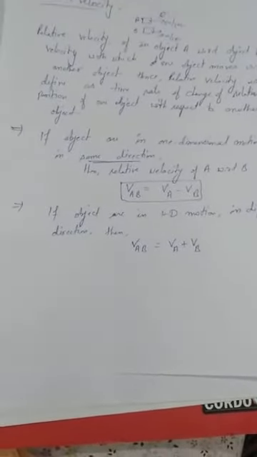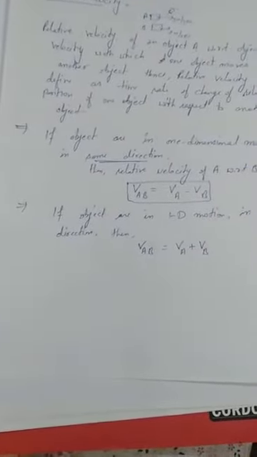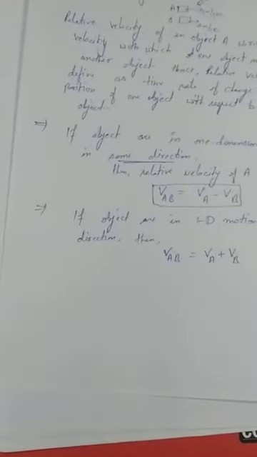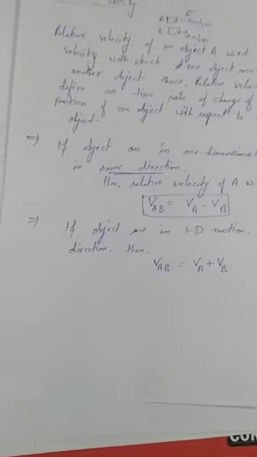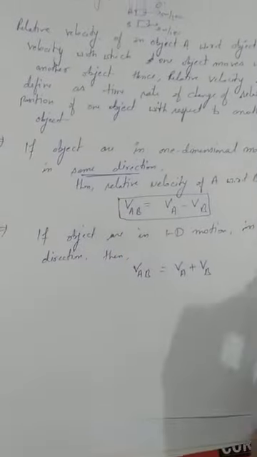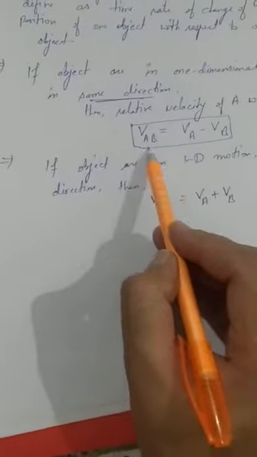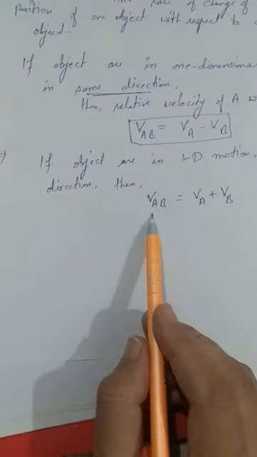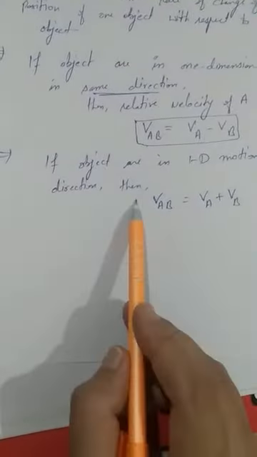If two objects initially we have taken, objects A and B, and A is moving, then we are observing the velocity of A with respect to B, the person sitting in B is observing the velocity. Then there are two possible cases, same direction or different direction. Then relative velocity of A with respect to B equals velocity of A minus velocity of B in the same direction, and velocity of A plus velocity of B if in different directions.